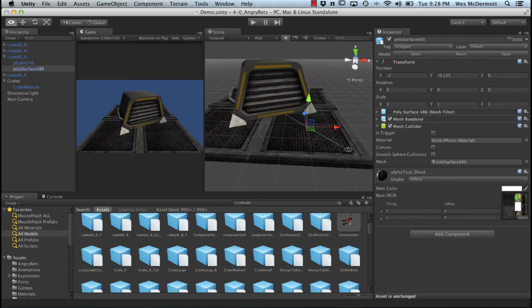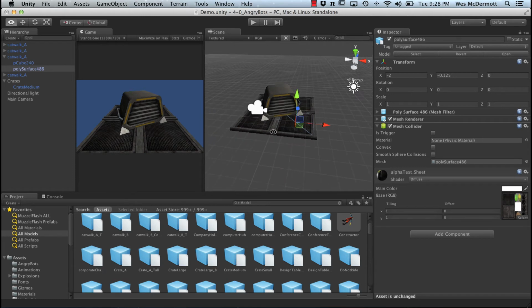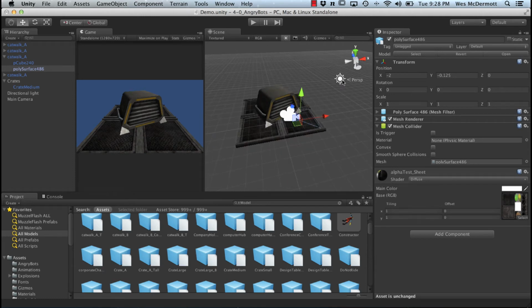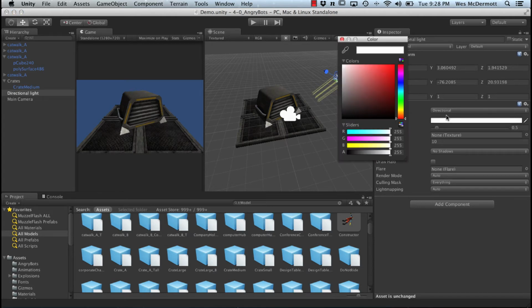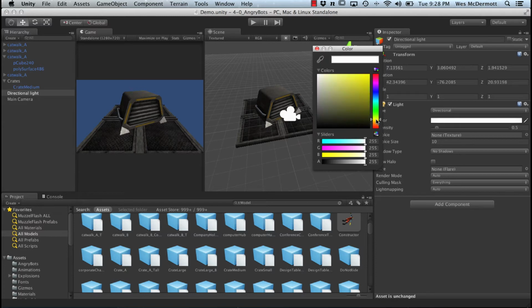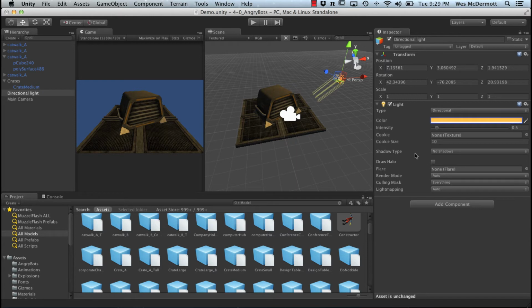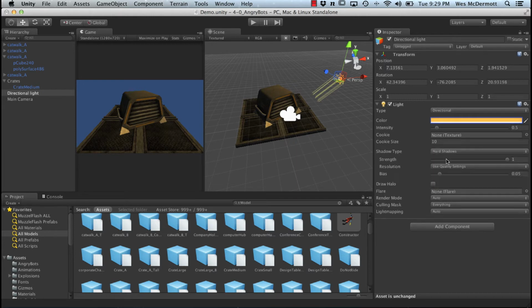So now you can see that we have changed the shader on this guy, and if we go ahead and grab our light, let's change some parameters on our light here, like the color. So let's give this thing a different color. I click this little color swatch here, and I'll come over to this yellowish type, and I'll color this guy yellow, so you can see where this is actually affecting the color inside of our scene. And something else I'll do is go to my shadow type, and I'll just turn on hard shadows,